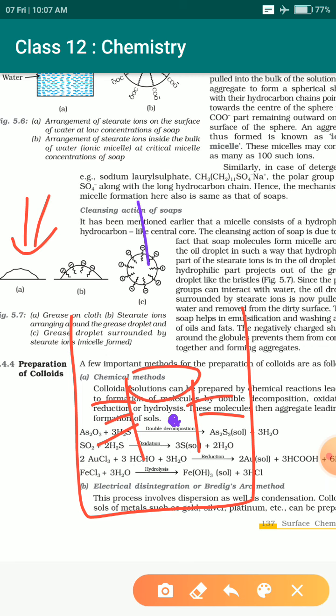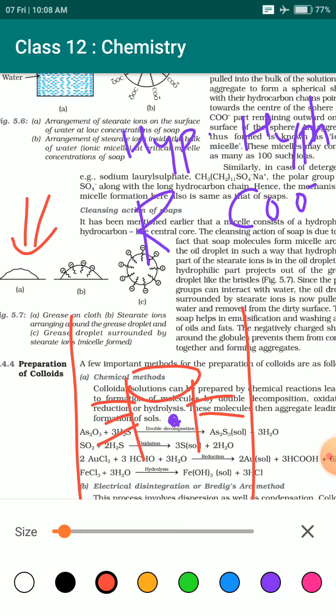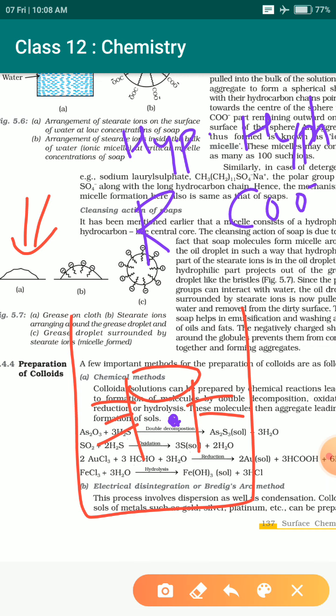One will be the hydrophobic part, and another one will be the hydrophilic part. What does the micellar formation do? This micelle slowly, at the CMC, just comes over this dirt. As you know, the hydrophilic part is only attached to water. So what happens,